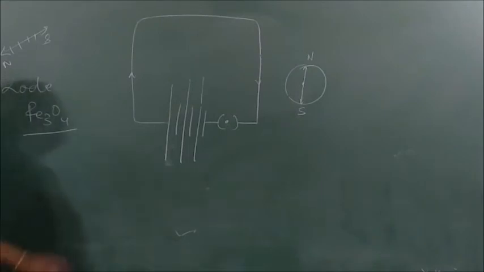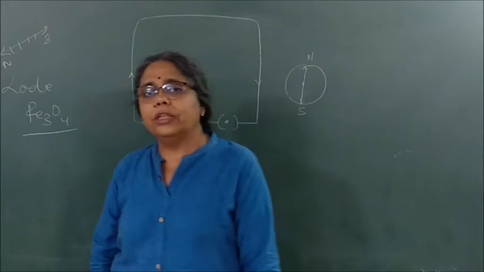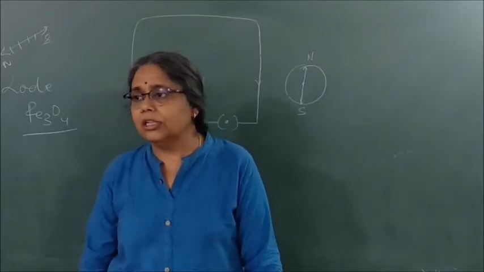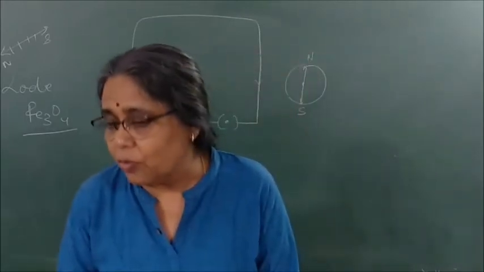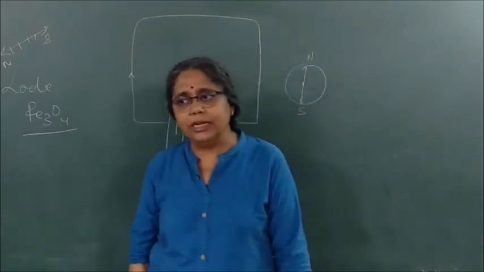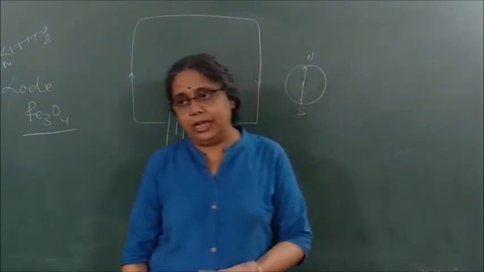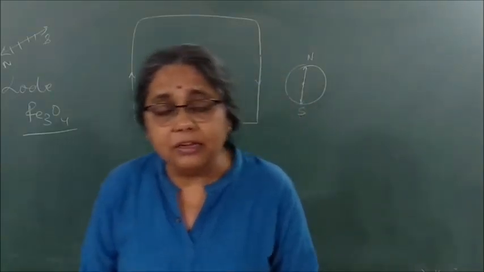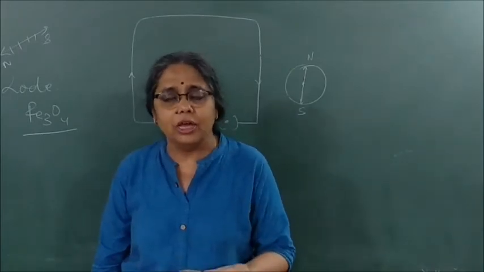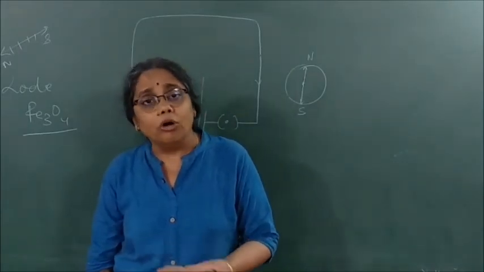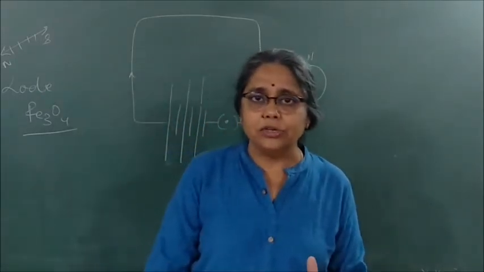Fe3O4. Fine? After that, we studied that the area around the magnet where the force of magnet can be felt is called as magnetic field. It is what quantity? It is a vector quantity and has both magnitude and direction. How can I draw magnetic field? By drawing its field lines. Magnetic field lines are the lines in which the iron filings arrange themselves, or it is the path along which a free north pole tends to move.